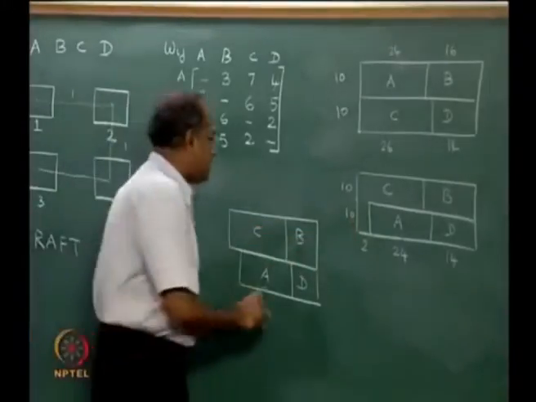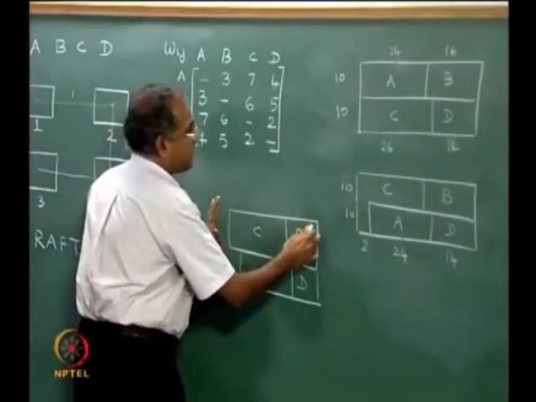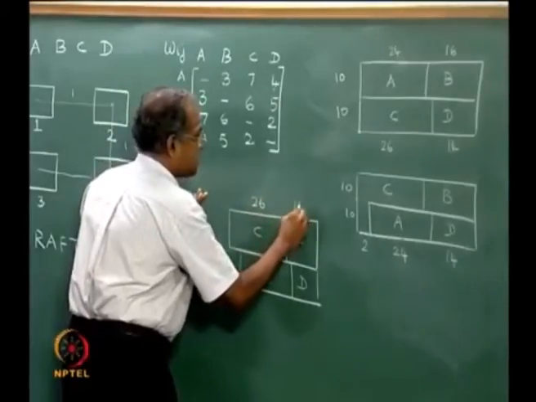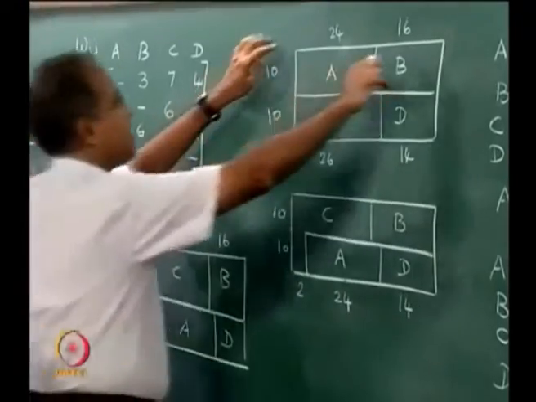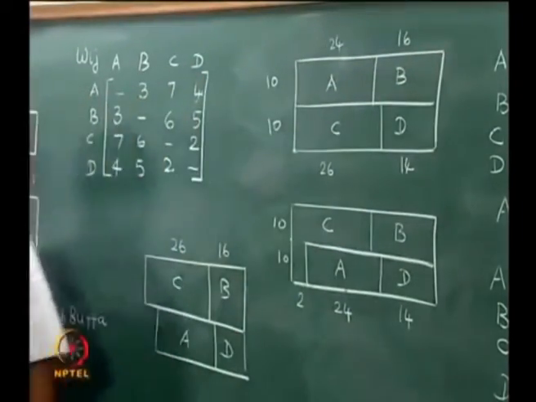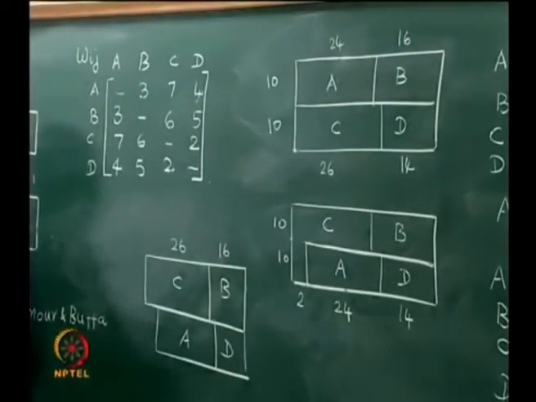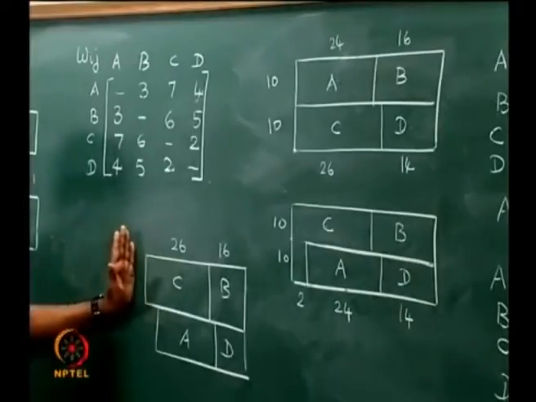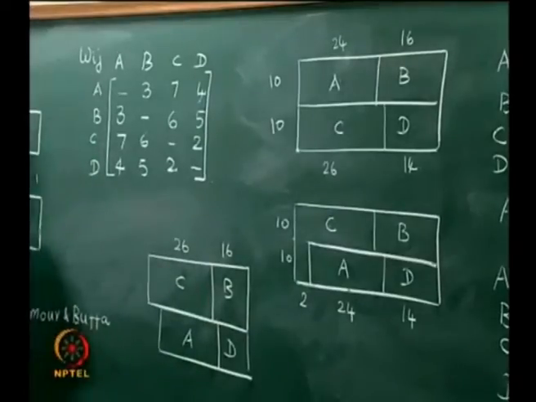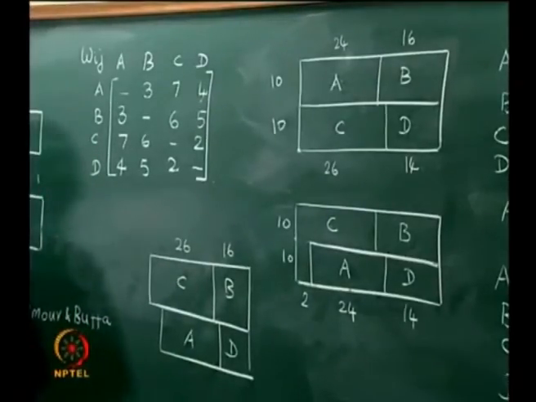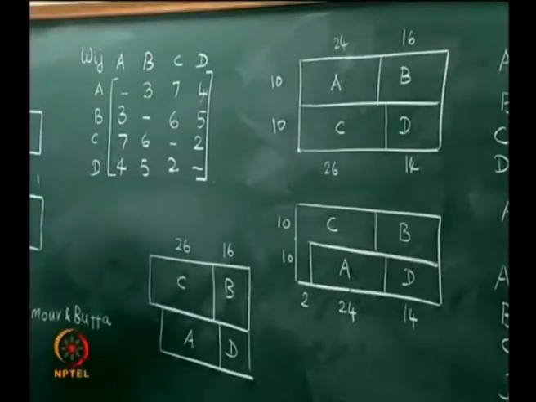But then one has to understand that if we put C and B together, we are looking at 26 plus 16, which is 42 instead of the 40 that is available. So then we explore and see whether we could get some more area here for the department and not have the entire thing as a rectangle, but then each department actually has a rectangular area for itself.